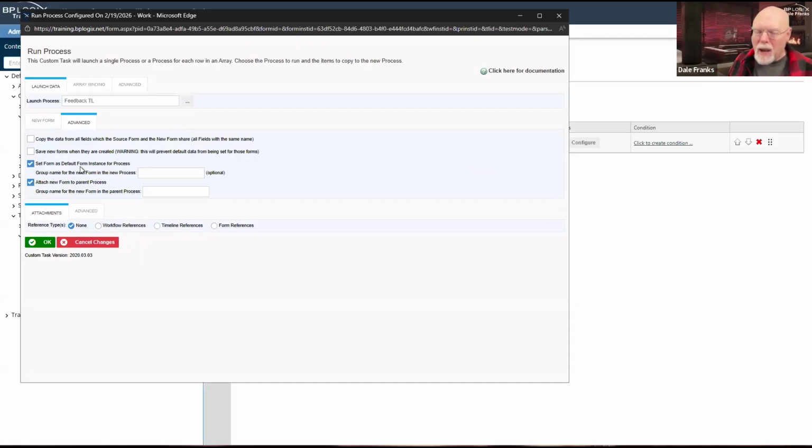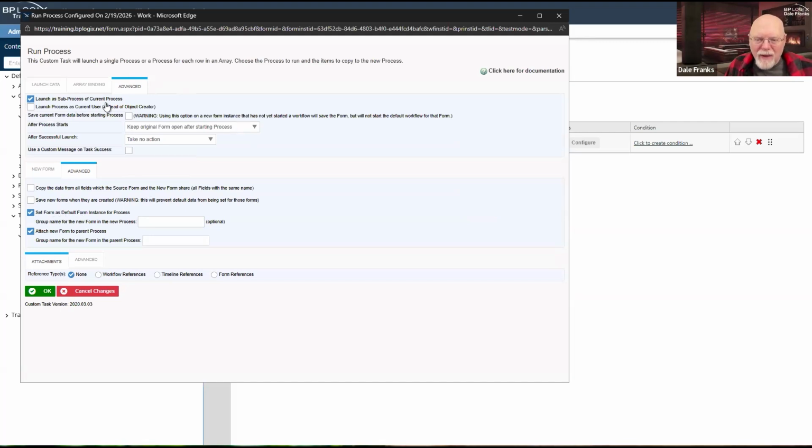Maybe and maybe not. Now, this is where things start to get murky, because what we do here and what we do on this advanced tab are going to be closely related. By default, these are the default settings.